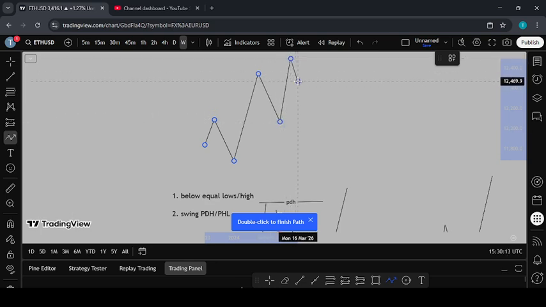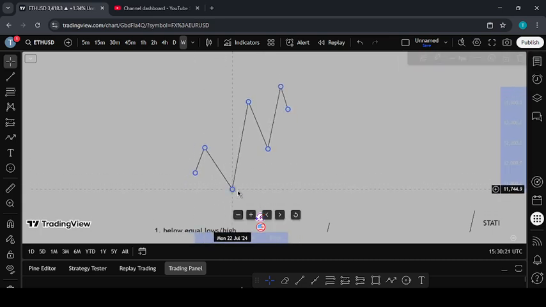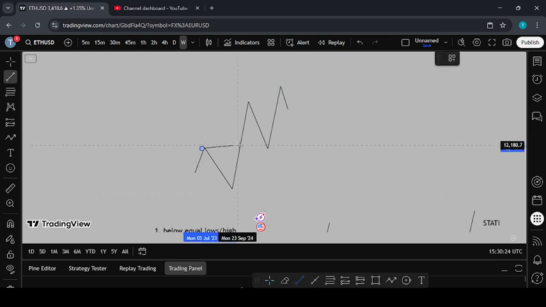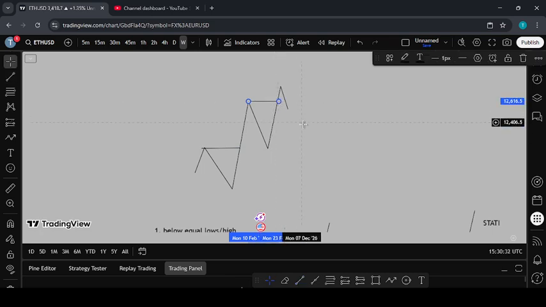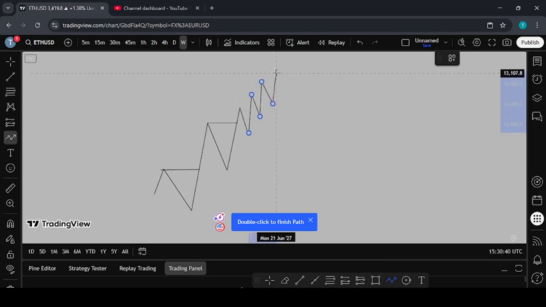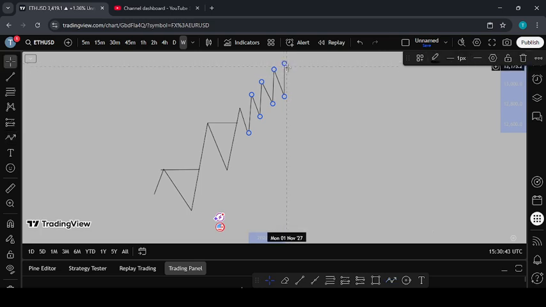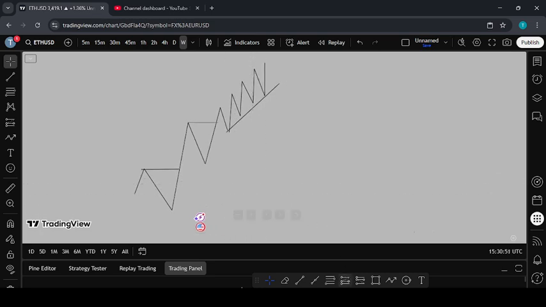Then all of a sudden the market starts moving. Now the market has created a swing low to swing high, and this one created this break of structure. Then the market created another break of structure to the upside, and started moving this way, creating smaller breaks of structure to the upside, moving in this bullish manner. While the market is doing this, what is it generating? It's generating trend line liquidity at this part. You see that all of a sudden the market will